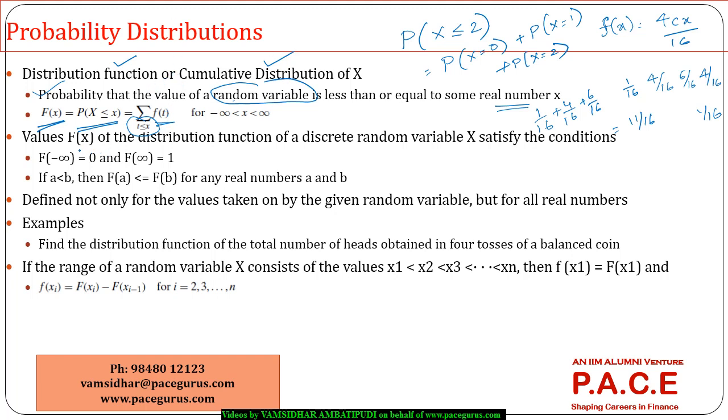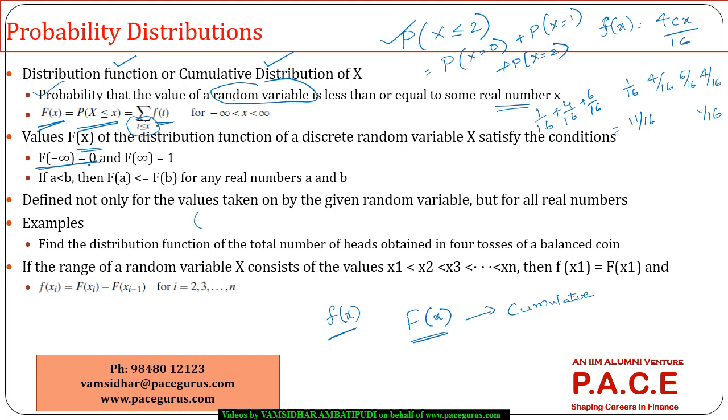So, talking about some of the important properties associated with the values of f(x): small f(x) is generally associated with individual probabilities, but capital F(x), when we see that notation, is more associated with the cumulative distribution function. And whenever we use the word cumulative, we are referring to X less than or equal to x. Some important things: F of minus infinity,